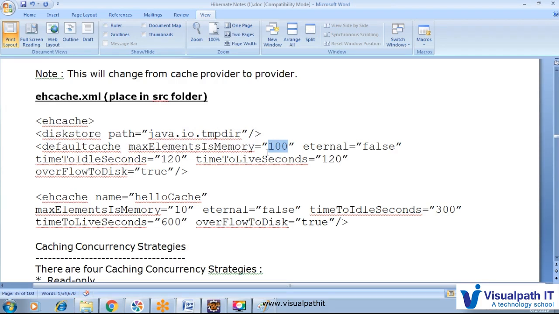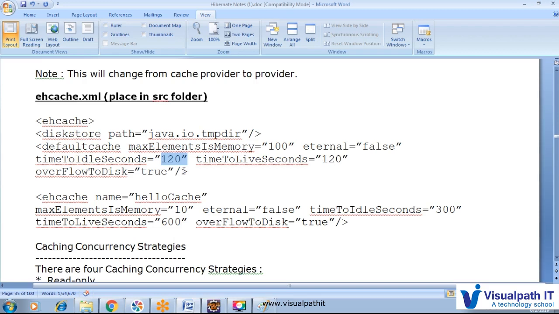I just want 100 objects. Once that is reached, it will delete the last object stored in the particular cache. After that we provide eternal false, and timeToLiveSeconds.